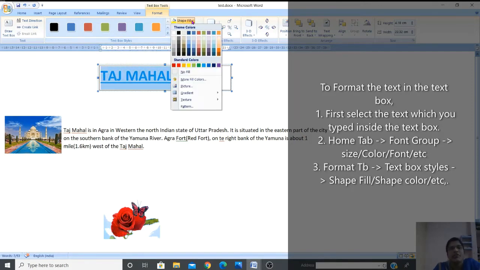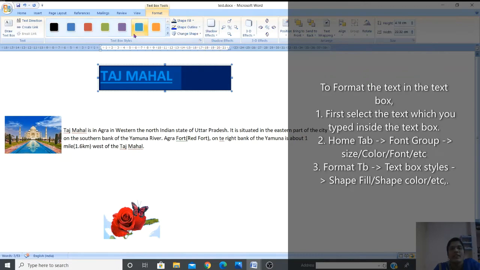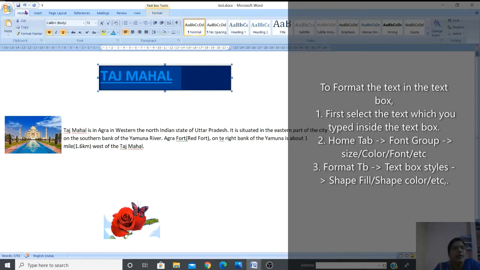Then Shape Fill. If you want to give any filling to the shape, the text box color, you can just take it. It's a contrast color, right? Then alignment. It's center alignment, so inside the text we go to the Home tab and give the alignment as center.